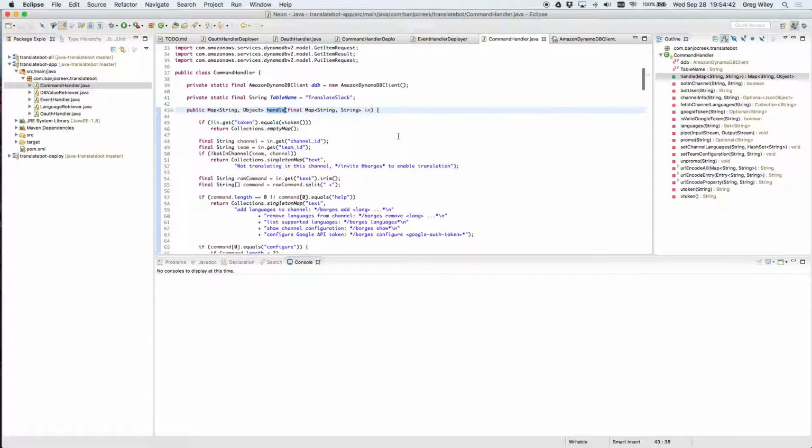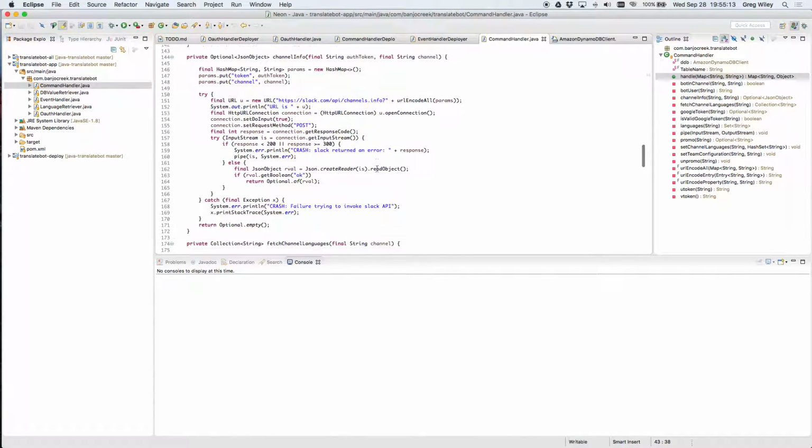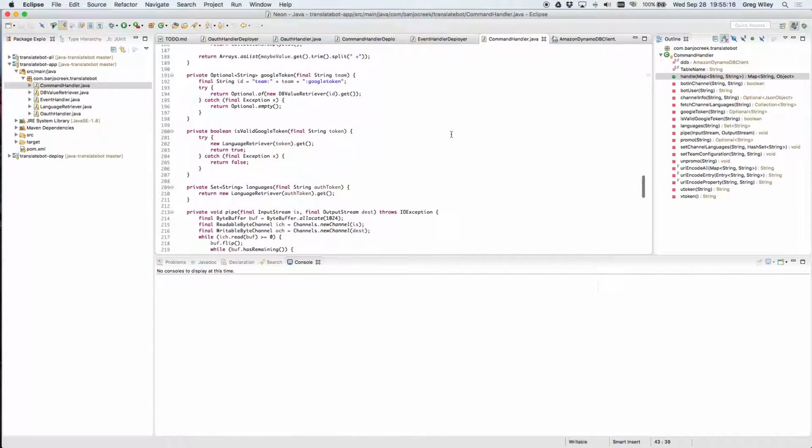Now, the cool thing about the Java binding to Lambda is it'll do serialization to objects if you want, but the simplest thing I found was not to worry about that and just pass maps back and forth. So it'll take everything that comes in that looks like JSON, and it will convert it into a map, or a map of strings, or a map of maps, whatever I decide I want it to be. It's pretty forgiving in what you ask for. And so this is my command handler. It just goes through and checks what you're asking for, makes some decisions, and then responds.